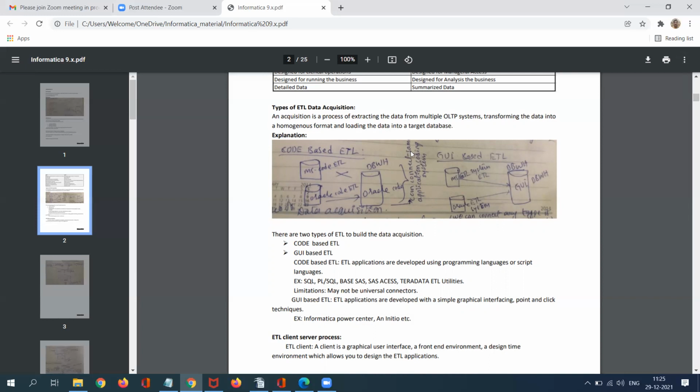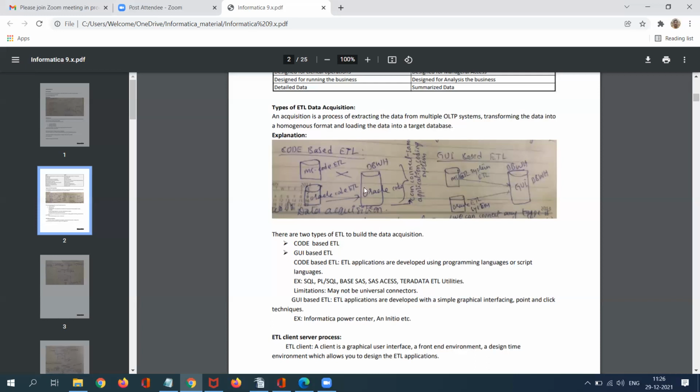Code-based ETL may not be a universal connector for multiple and different data sources. If you see here, this is MS code and this is Oracle code. Two different sources of data may not load into one particular relational database. This is not a universal connector. That is the reason people say it is not a universal connector.